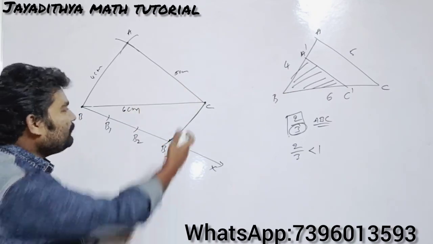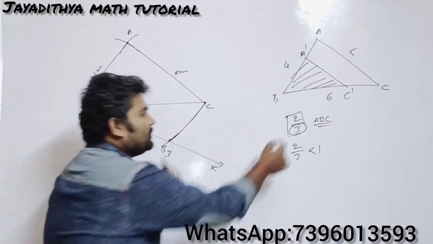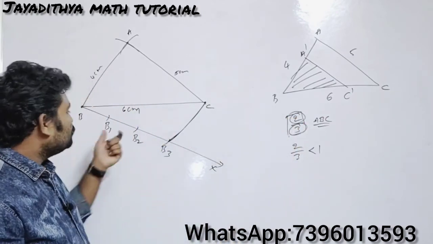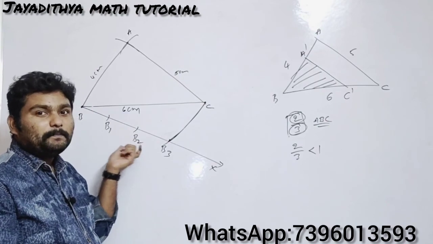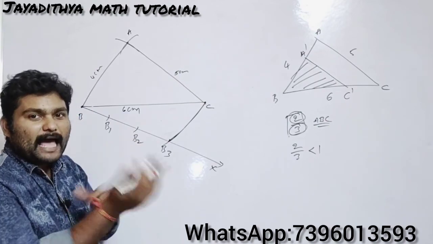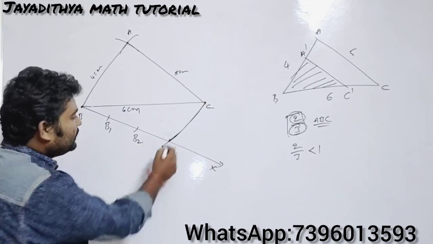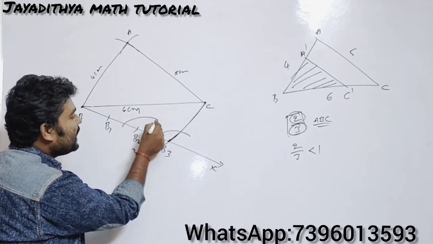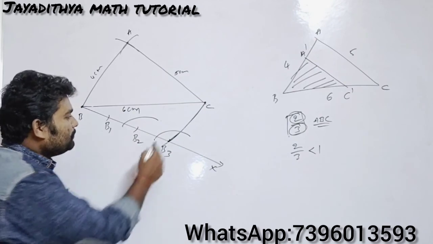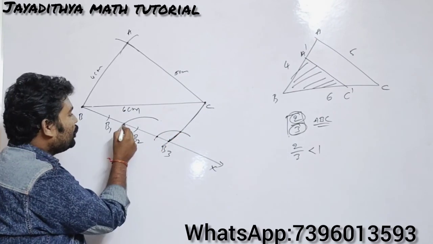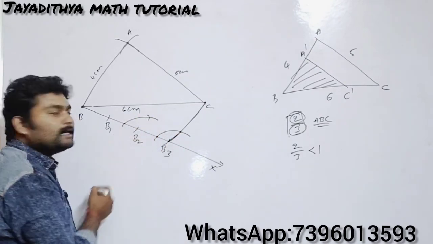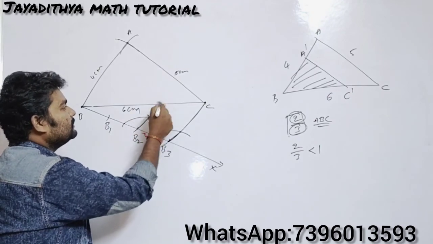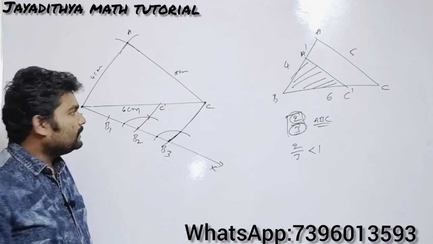Try to understand this. After this, what you need to do? The similar figure must be of 2 parts distance. The dimension must be only 2 parts. So you should draw a parallel line at B2 now. How to draw it? As we have done in the previous case, take B3 as center and draw an arc with the same radius, take B2 as center and again draw an arc. Measure these 2 points, take this point as center and cut it. Take this point as center and cut it. And join like this, you will have C dash here.